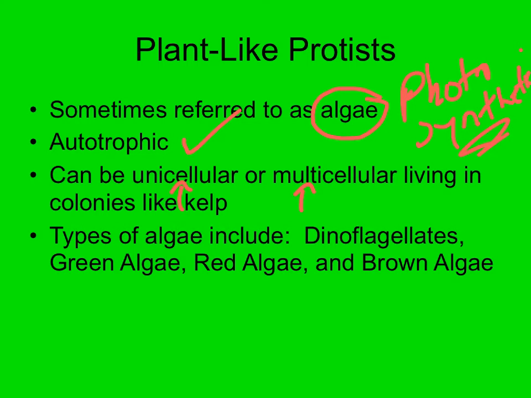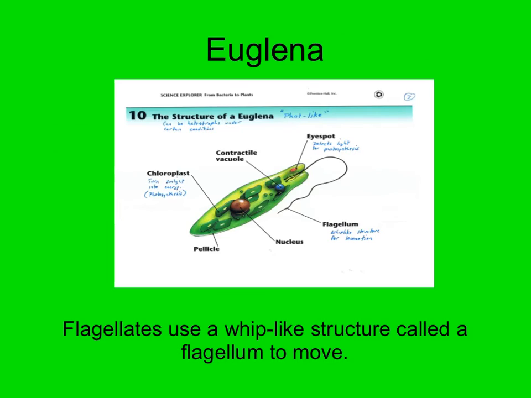And they include all kinds of organisms: dinoflagellates, the different types of algae, the euglena, which we'll look at in a second, diatoms, spirogyra, some of the stuff that we looked at in the lab that we did together. But the primary thing they share in common with plants is the fact that they are autotrophic and photosynthetic. A great example of a plant-like protist is the euglena, which is kind of interesting. This is a great example that something can actually cross the line into both. It can be plant-like and it can also be animal-like sometimes if conditions are not favorable.